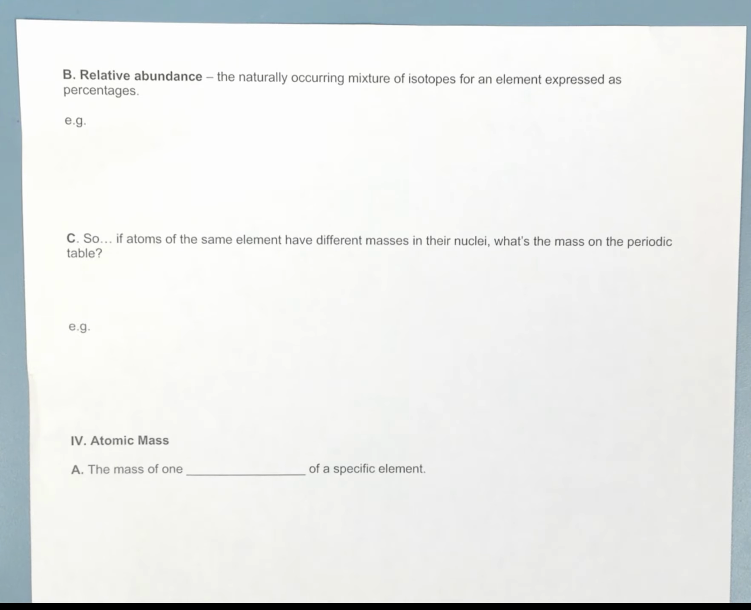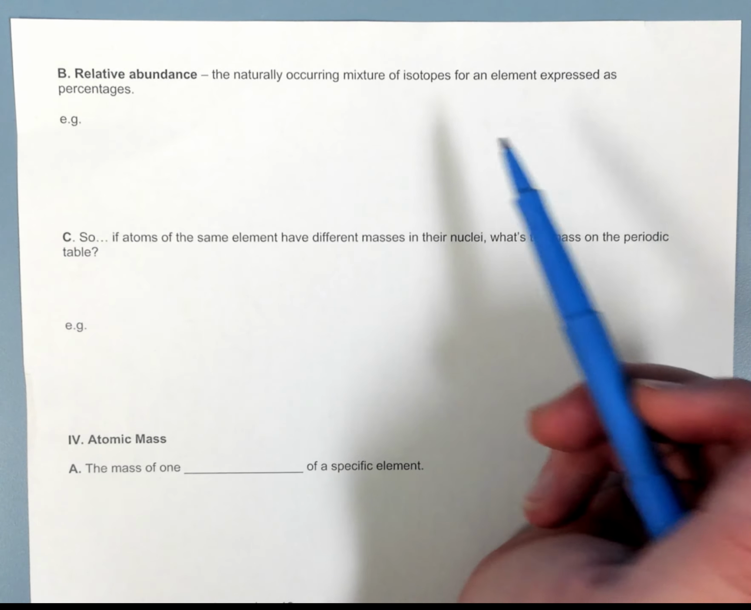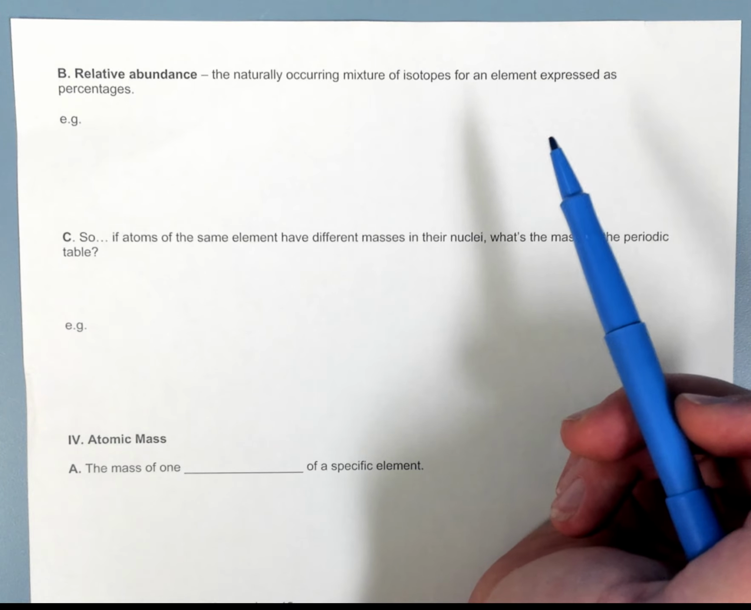The next thing we're going to look at in this unit is calculating average atomic mass using percent abundance. We already know that each element has different isotopes that have different atomic masses. So now we're going to take a look at what that means. Now we have what we call relative abundance, and that is the naturally occurring mixture of isotopes for an element